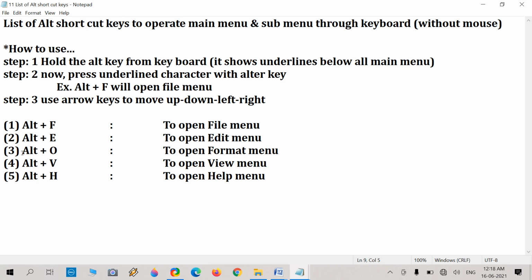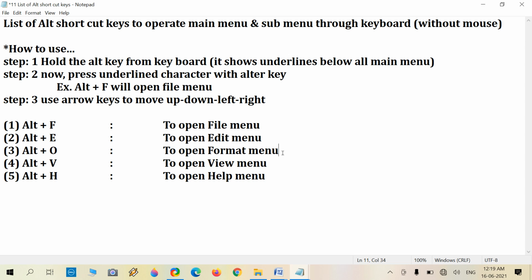There is no compulsory need to remember all this, because the underlined characters are already visible when we press the Alt key. When we press the Alt key, the shortcut characters, the underlined characters, are visible. So when we need to use it, press Alt and it will be visible in front of you.